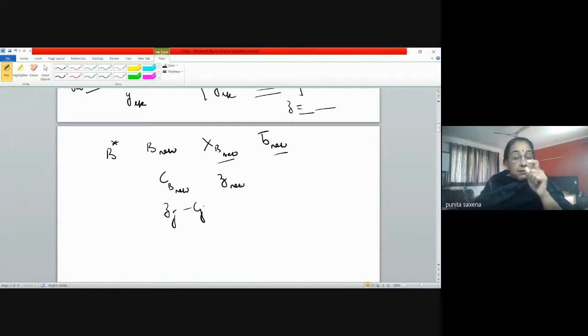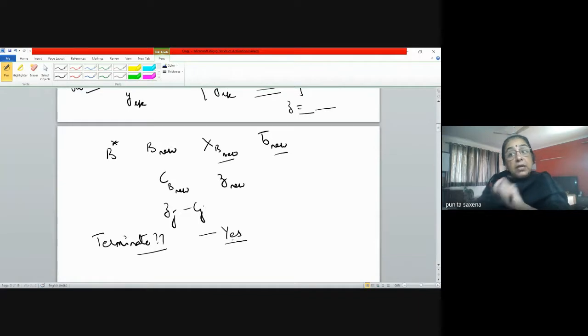And mind you, the most important question here is: will this method terminate somewhere? Will this algorithm terminate? Because we don't want to move in a loop, such that we keep going and don't end up anywhere. The answer is yes, it will terminate. Why? Because of the first theorem that we did. What was it saying? Every basic solution corresponds to what? The extreme point of your feasible region.